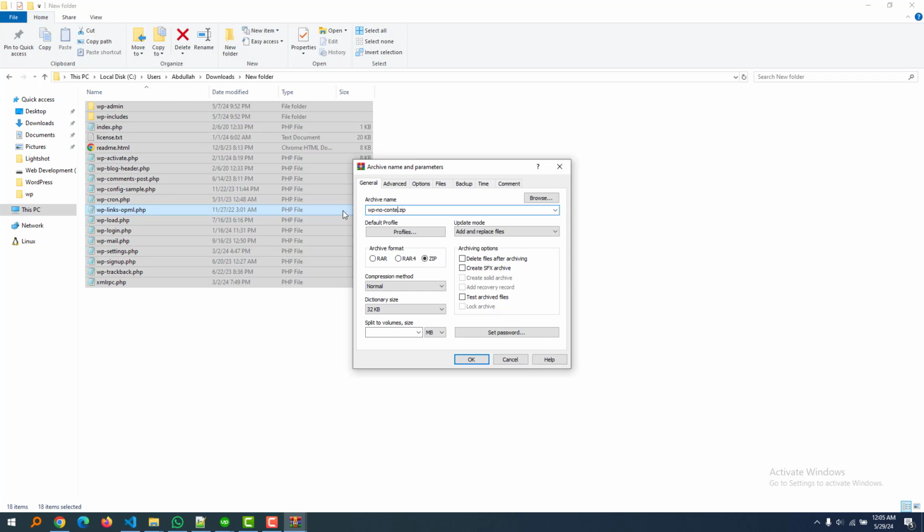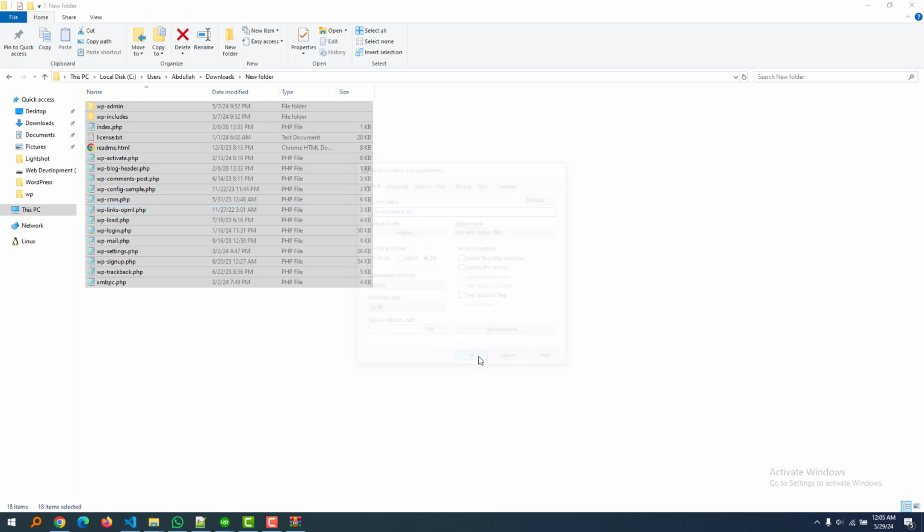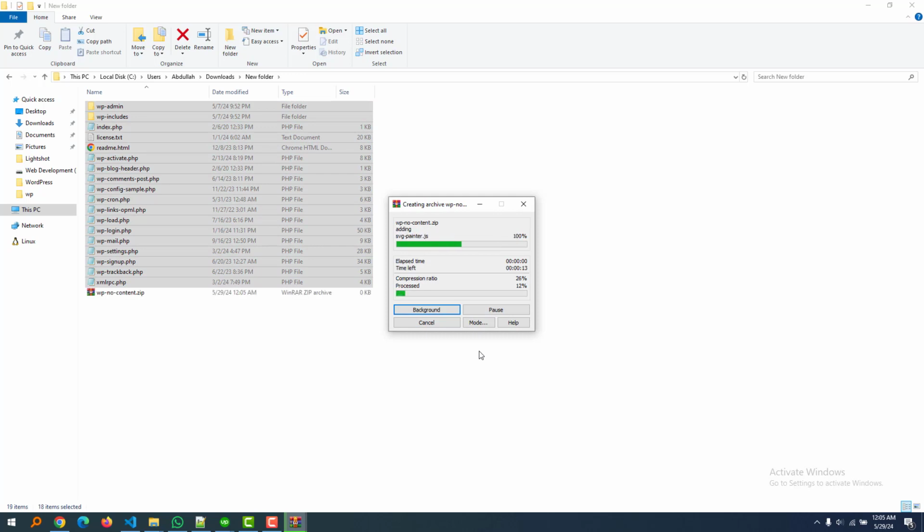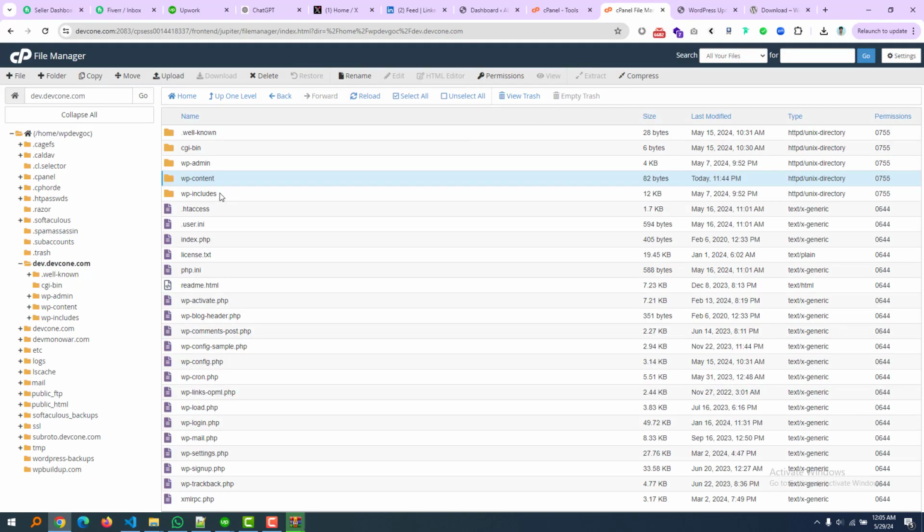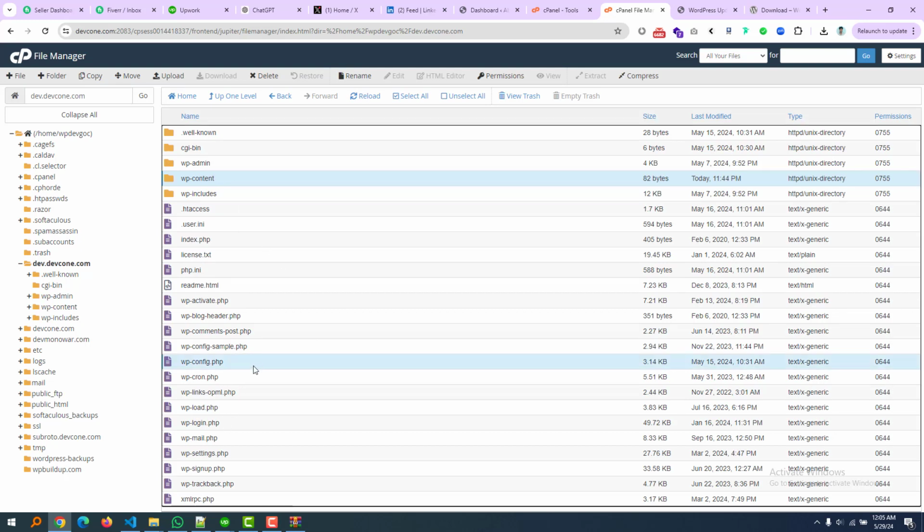We can just rename this file wp-no-content. Okay, the zip is being created. We will upload it here, but before that we will remove the old existing files,